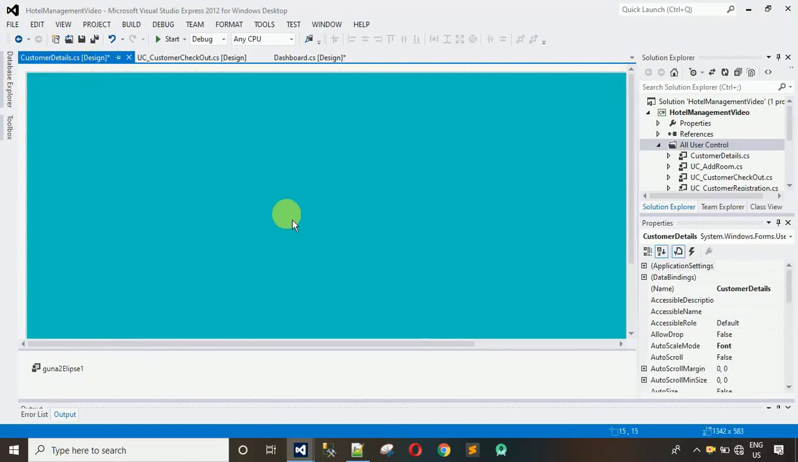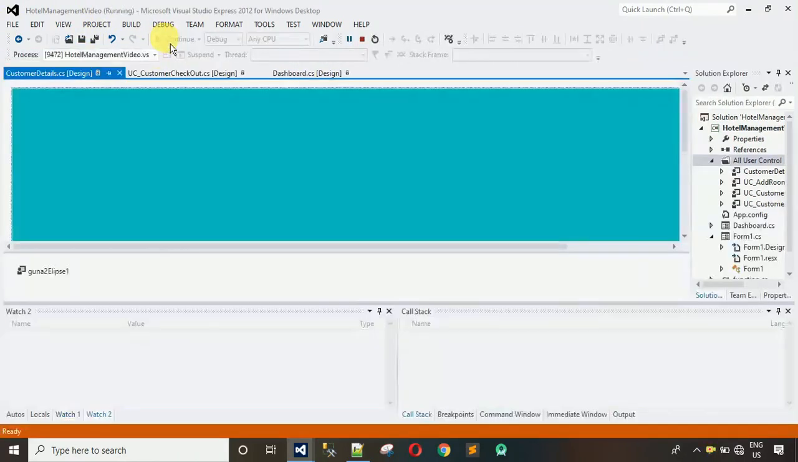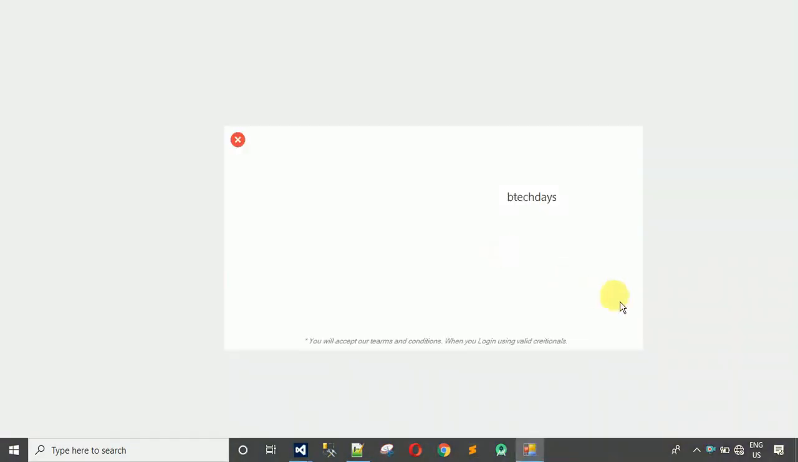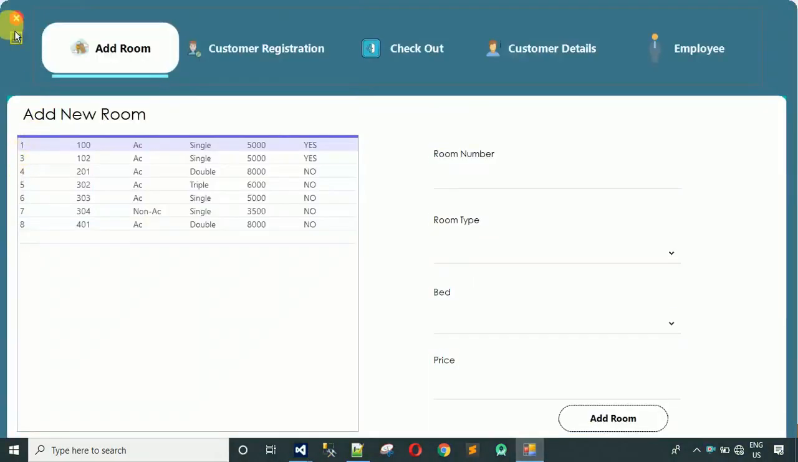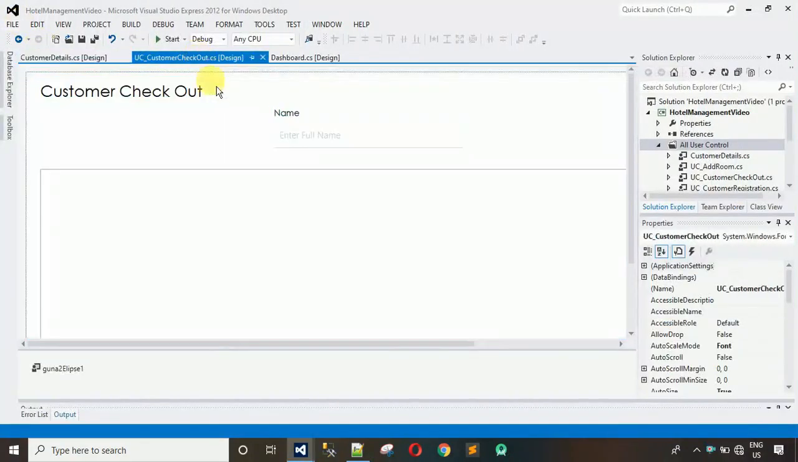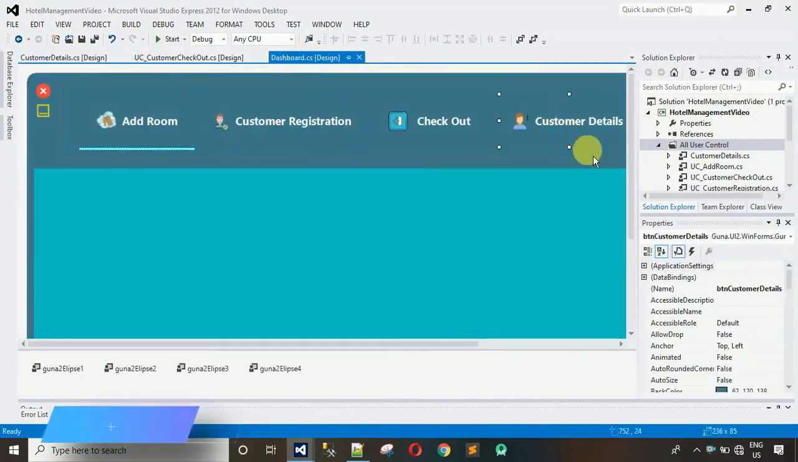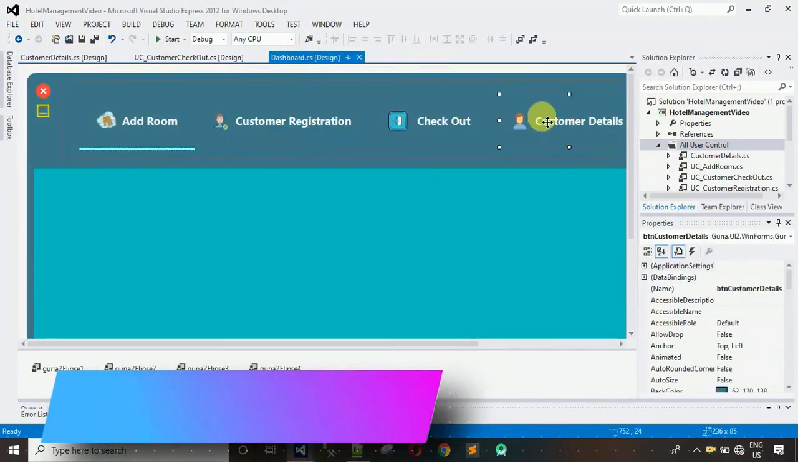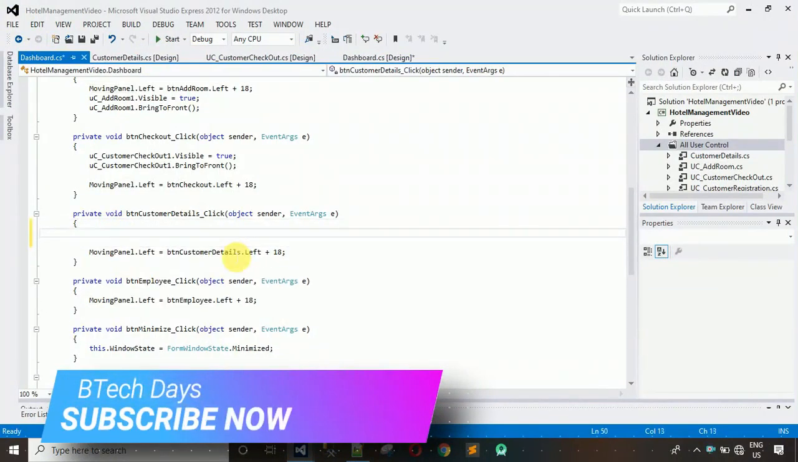Okay, now start this. Log in, and here you can see, okay, so that's in the proper position. Now we have to connect this user control with this button. So just click on this button and double click on this to generate a click event, that is already generated. After this, we have to write one line of code, that is UC underscore,